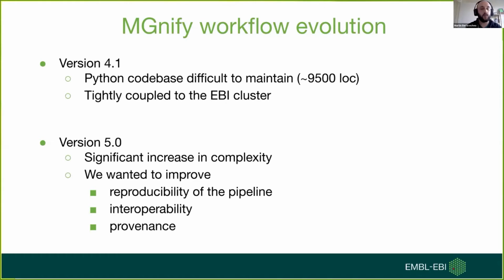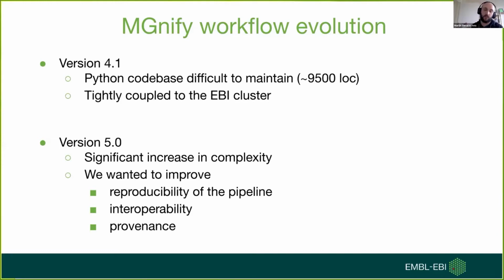So it was impossible to cope with the complexity of version 5 with that code base. So we wanted to move to a different platform to actually try to build this new version of the pipeline